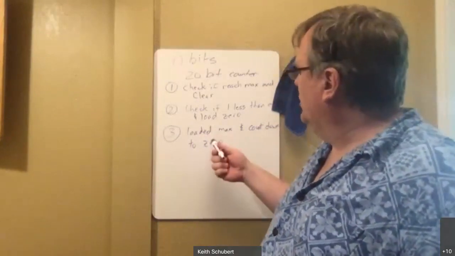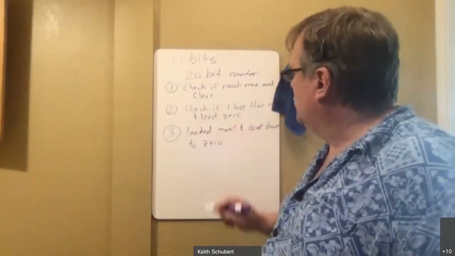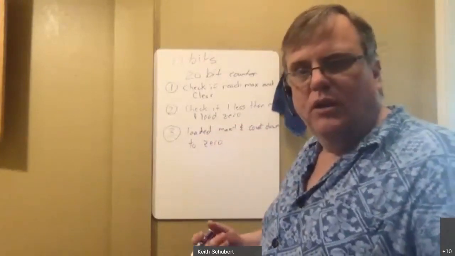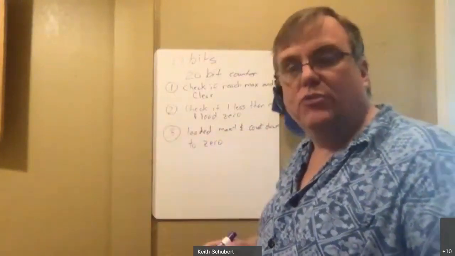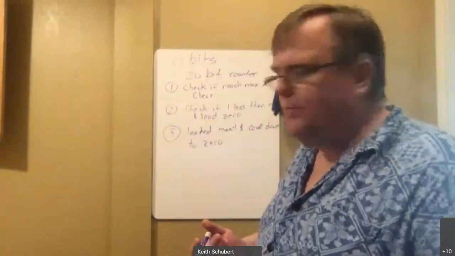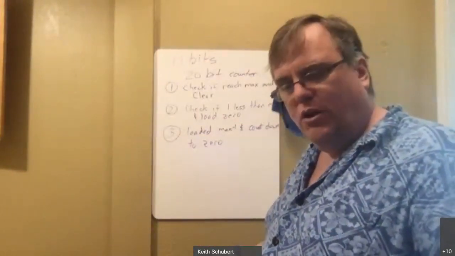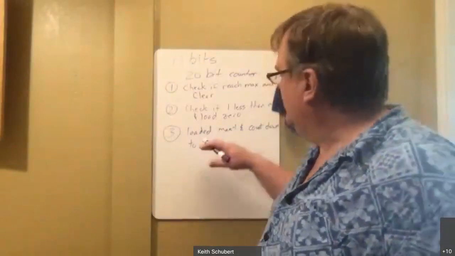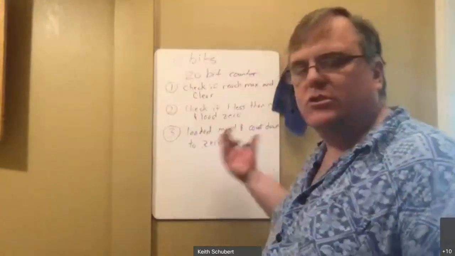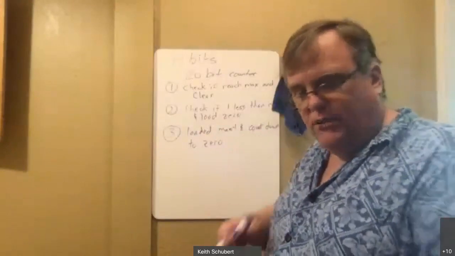So I could load, technically speaking, my max minus 1, right? And then tell it to just count down, subtract 1 each time. And then I just watch for whenever it hits 0. When it hits 0, I stop, and you can either decide to reload the max, or maybe you want to let it